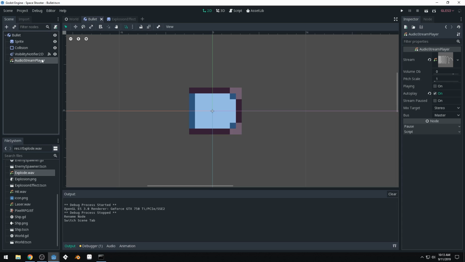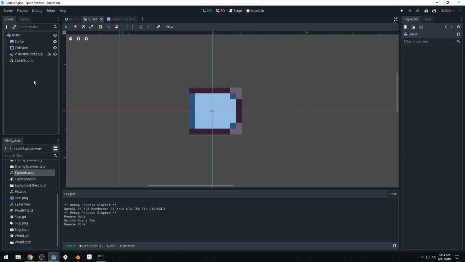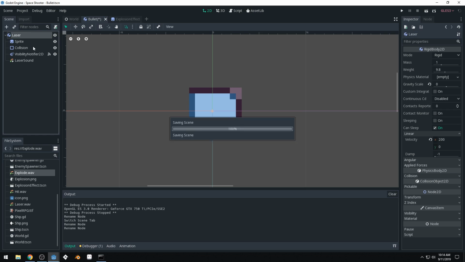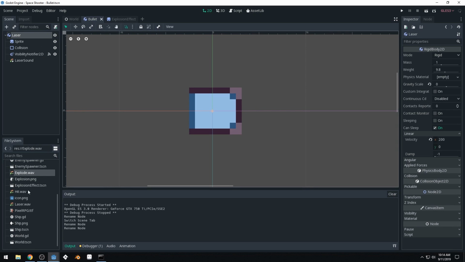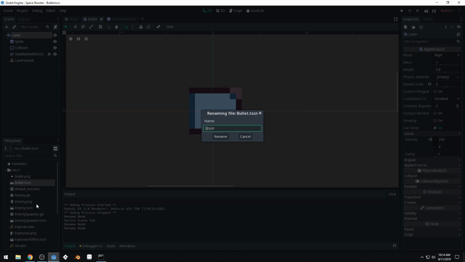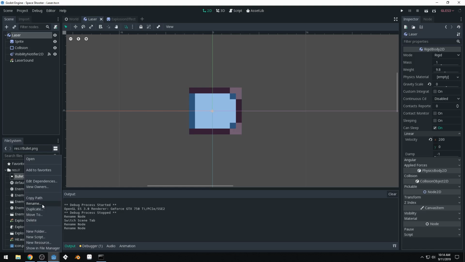And in bullet, laser sound. Little bit inconsistent with our names there, since this is bullet and this is laser. Should probably rename this. That's a good thing to learn too. If you want to change your names, it's not too hard. Come in here, we'll type laser. Okay. But that doesn't change the name of the scene. To change the name of the scene, you need to come down here in your scenes, find your bullet scene, right click, do rename, call it laser. And then we'll do the same for the sprite, rename,